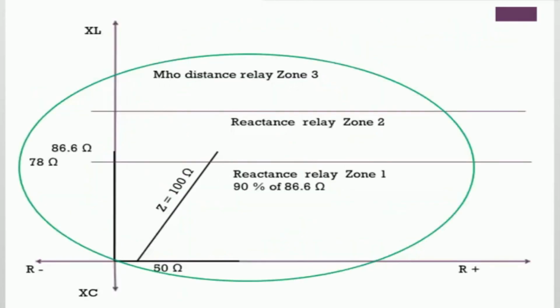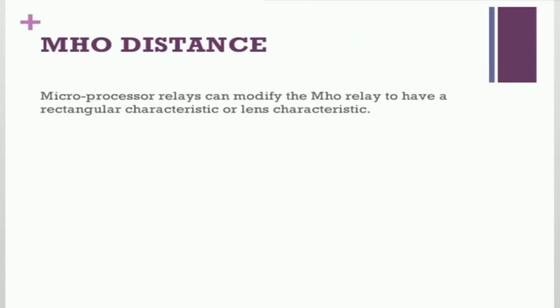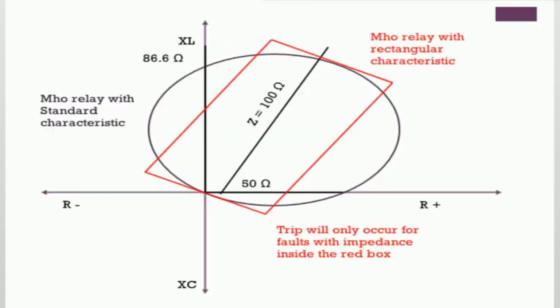Relay coordination ensures that only the closest relay to the fault operates, isolating the faulted section and maintaining service continuity elsewhere. Coordination is achieved using time delay settings and selectivity principles. Selectivity: this ensures that protective devices operate selectively so that only the faulted part is isolated, minimizing disruption to the